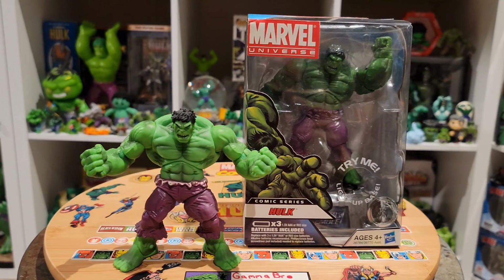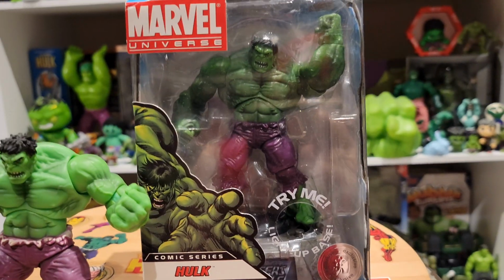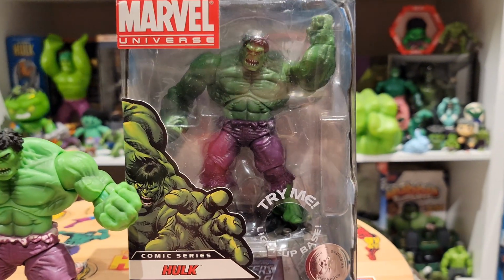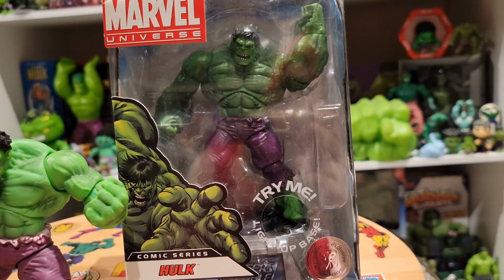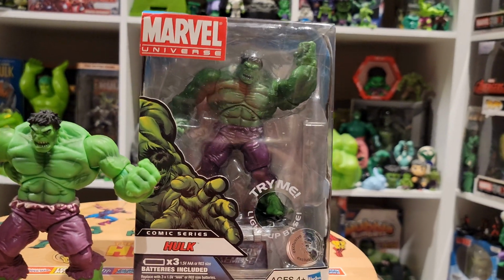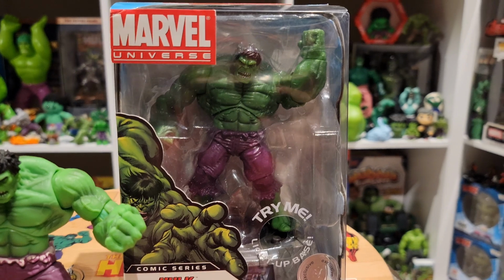Now, does this figure have the wow factor? With this base, I think the box is nice. It's unique. I do like the art. So I do like it, but this is definitely one figure. If this wasn't a Toys R Us exclusive, and if I didn't have nostalgia for the sticker and just keeping it all nice, having him out with the base and lighting up the base and putting him in a cool pose, I